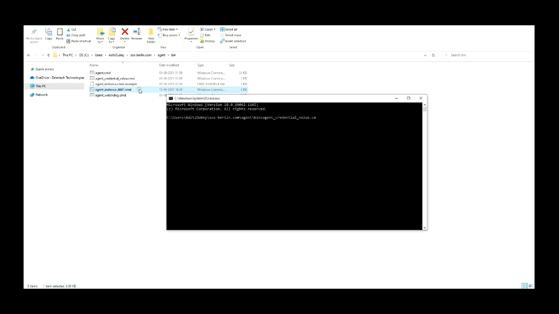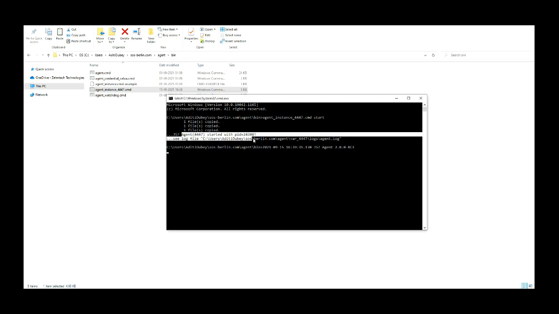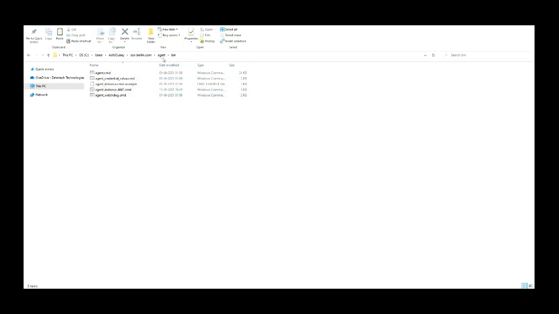Use the newly created file agent_instance_port.cmd. You can also create a .sh file in the Linux environment. Use the start command to start the agent instance on port 4447. From the screen, you can see the agent is started on port 4447.